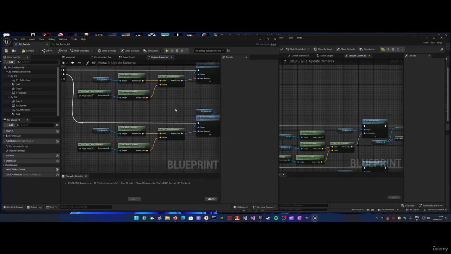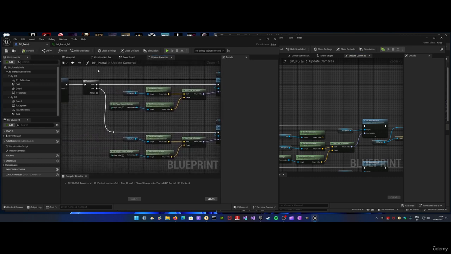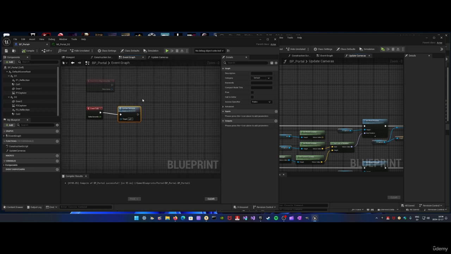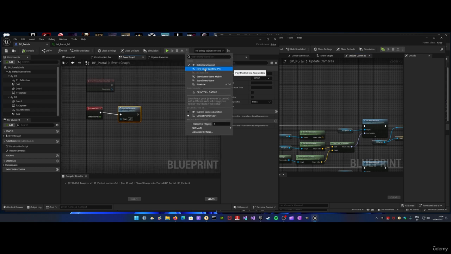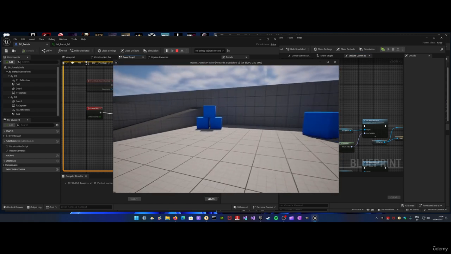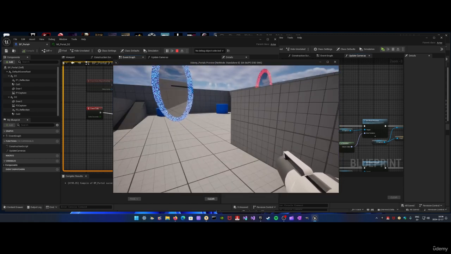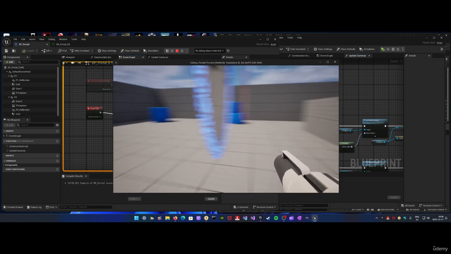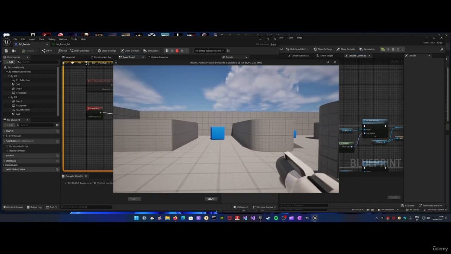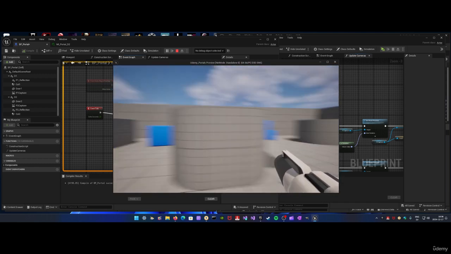So now we are really just rotating them and making sure this function is connected to the event graph. You have these update cameras here. I'm just gonna play this and see what happens. As I mentioned earlier, the portals are only one way, so you can only see them through one direction. If I go behind, the meshes are one way, so you cannot really see the portals. But we don't need to worry about that really, because you will spawn in the portals in front of you